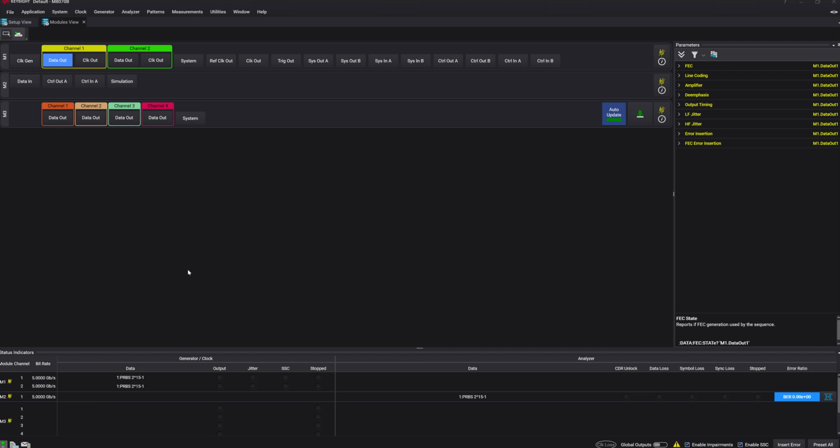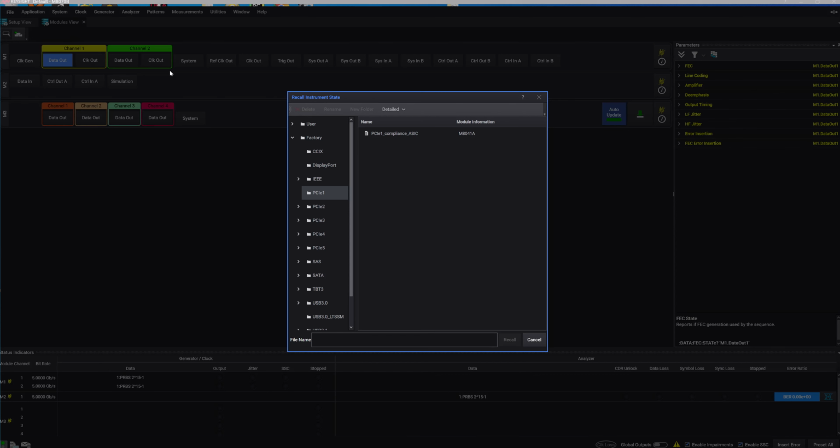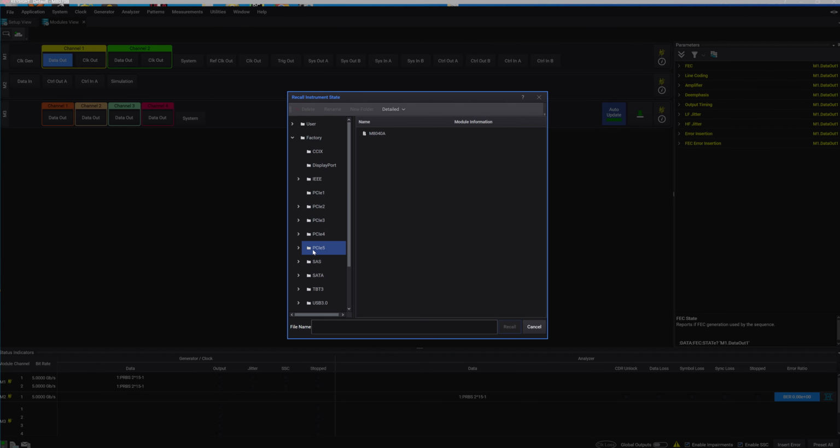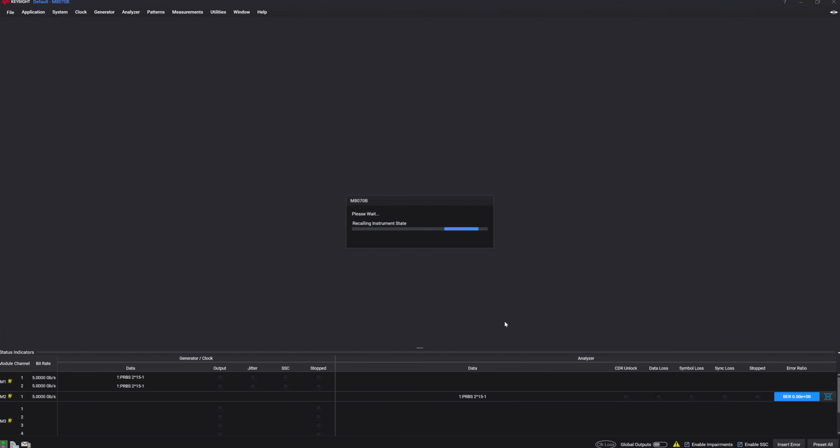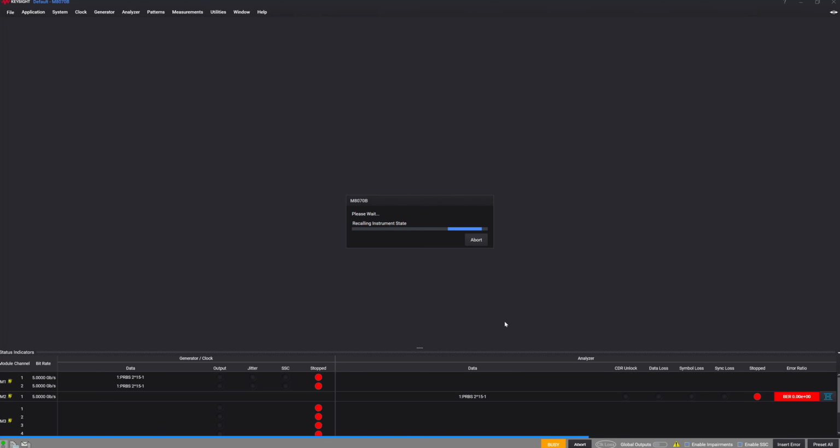Okay, I'm going to show you right now how to do a quick ones and zeros pattern for PCI Express 5. First, an easy way to deal with this is just load up one of the PCI Express patterns and I'll show how to change the size. We'll go PCI 5 in there, M8040, pick one of these, recall. I'm going to recall that instrument state, and in there will be the setup for PCI Express Gen 5